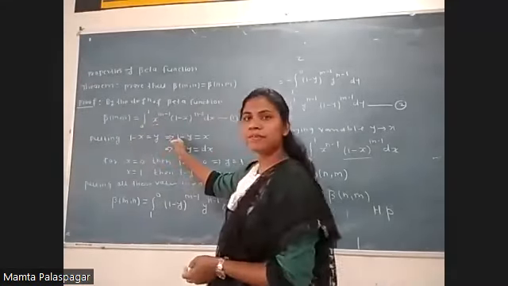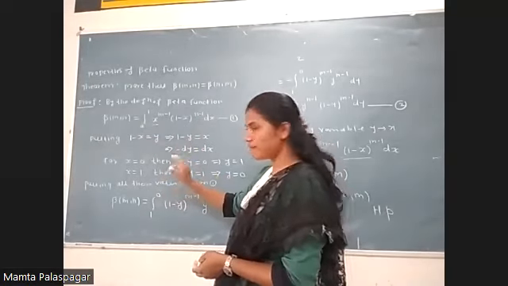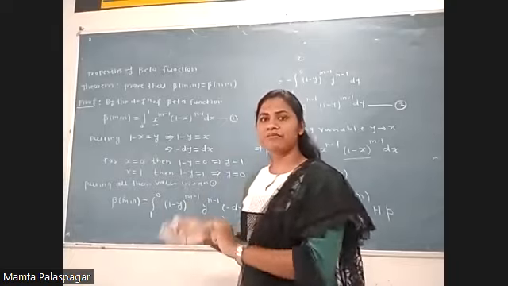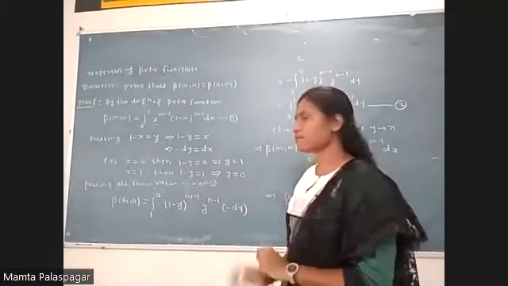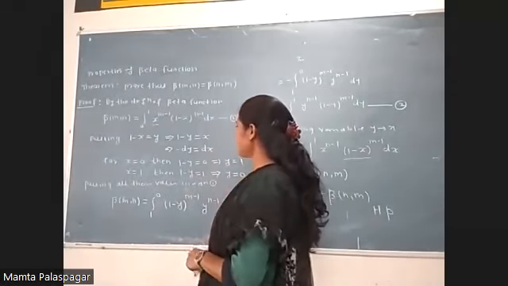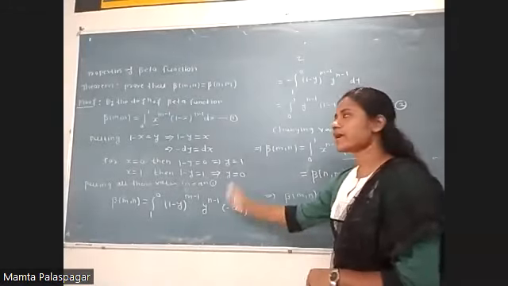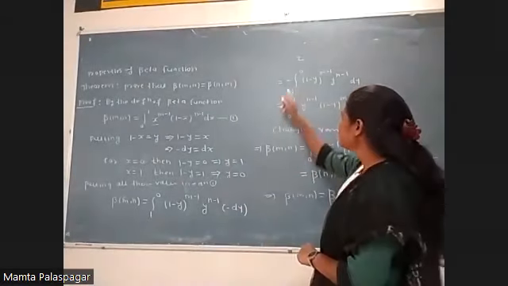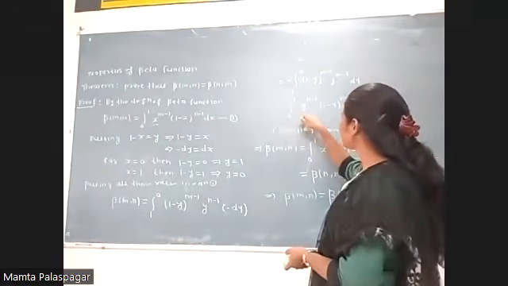In this example, we replace this x in terms of y. So we also need to replace this limit for y variable too. So that's why we also find here the values of y. Now substitute all these values in equation number 1. Here we get this value. Take this negative sign outside of the integral. To remove this negative sign, we need to interchange the limits. So here we get